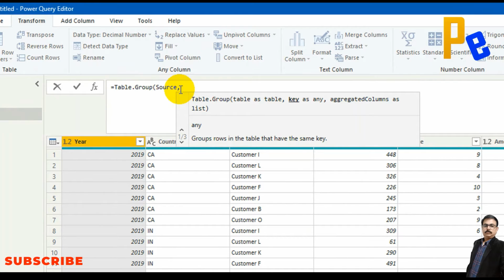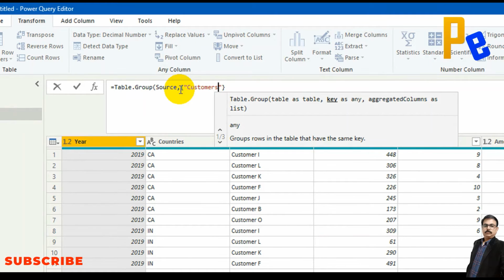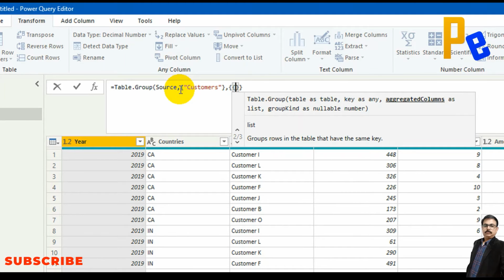Key as any. So I'm using the key as customer, rather customers. That is the basis on which I want the aggregation to happen, comma. Now aggregated columns: on which column do I need to get an aggregation? That is amount. So I need to use a list because it is mentioned as a list, and then here I need to give the name of the new column which I am going to generate next to the customer column, that is amount,